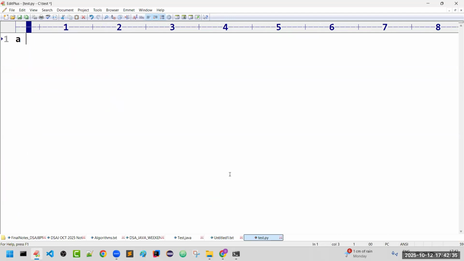Assume I have A is equal to a string called Python. I am writing the locations in comments for your representation purpose.